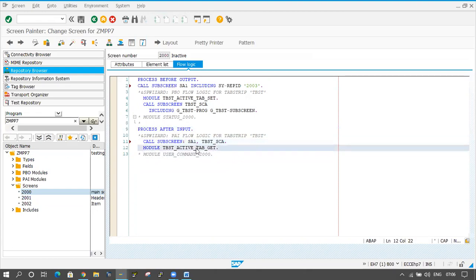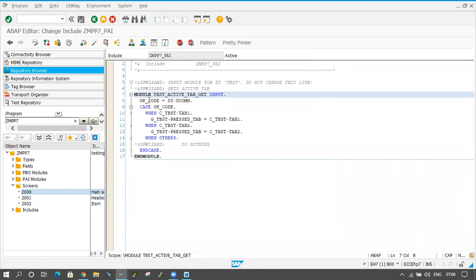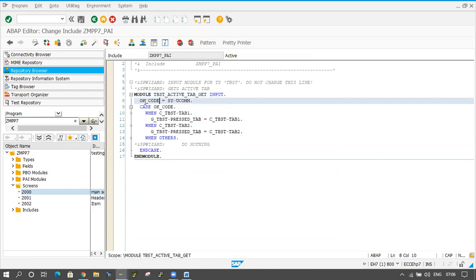In the PAI, some module is coming here. Automatically code is coming here. If I click on it, they are taking one more variable, OK code. So the system automatically generated this code, right? Here the system is generating one variable, that is OK code. In that one they are passing sy-ucomm, the system variable, and here they are taking case OK code. Case OK code, and here it is checking when